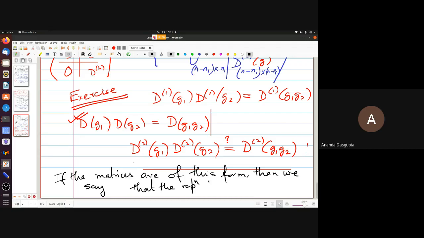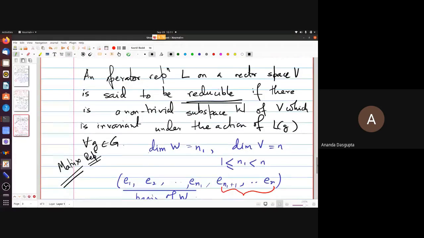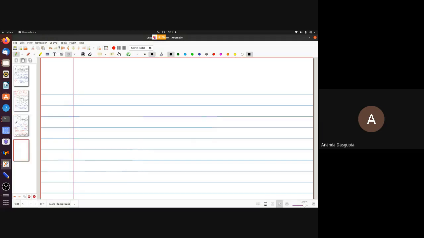Did I actually define reducibility? Yeah, I did. Good. I just forgot about that. Then the representation is incompletely reducible. It is reducible, but this kind of reducibility is called incomplete. The complete reducibility would be